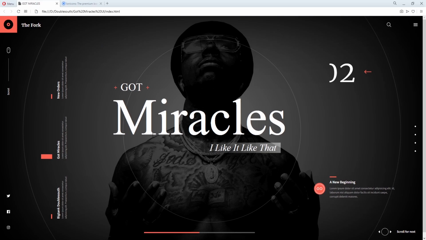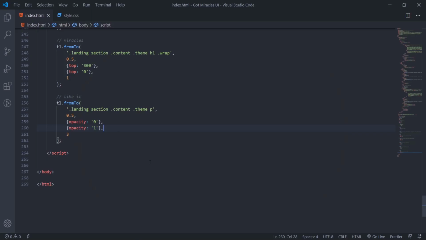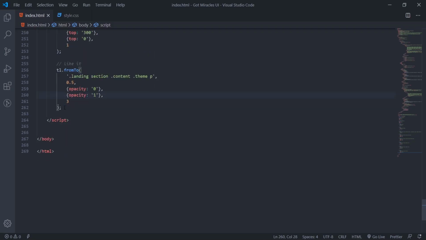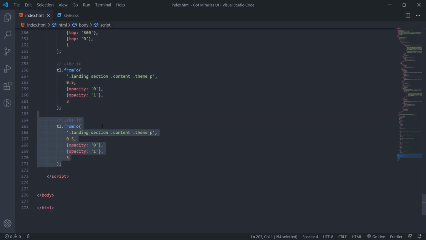Alright. So the next one we'll target now. We'll target the bottom bar, this one here. So what we need to do now is push it from the bottom to come up. We'll duplicate this now.